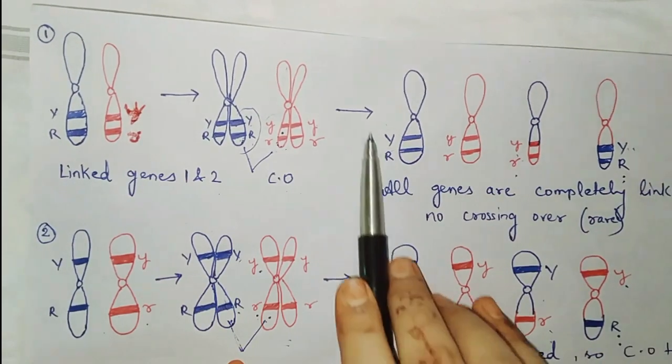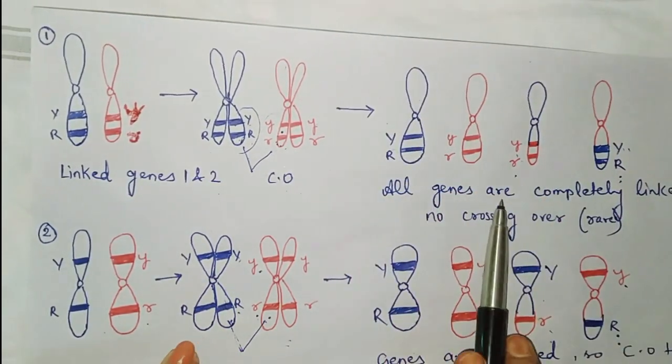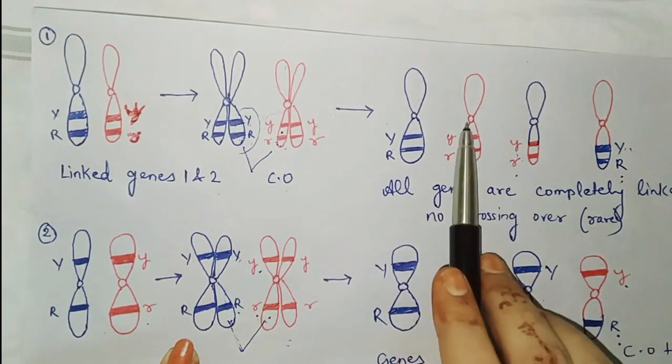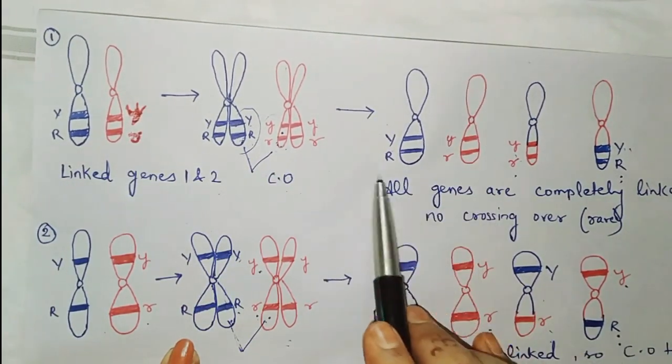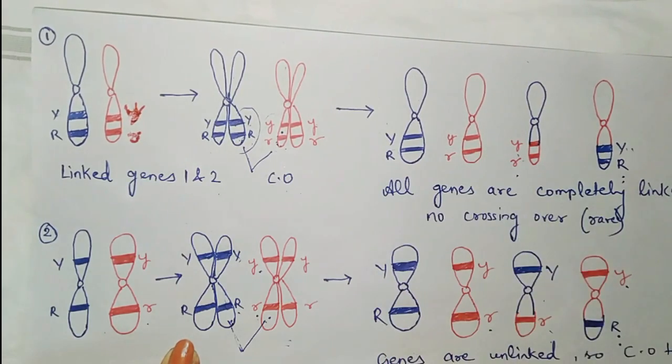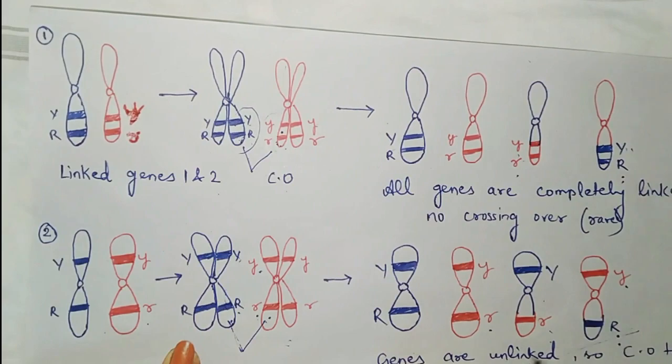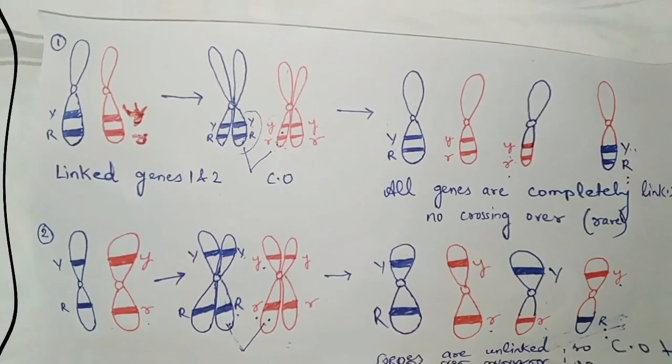See, over here the four gametes which are produced, they are similar to the parents, as there is no new allelic combination. All the small alleles are together and all the capital alleles are together. But here the gametes have at least 50% chance of having a new set or new combination of alleles.